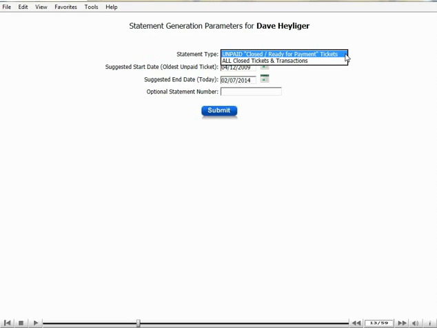Okay, there are 2 options. One is to show all unpaid tickets that are closed and ready for payment. The other one is to just show all tickets and all transactions throughout history. Let's start with the unpaid first. RepairTRAX predetermines the best starting date based upon the oldest unpaid ticket as shown. You can change the date with the calendar icon at any time, but I'm going to stick with these given